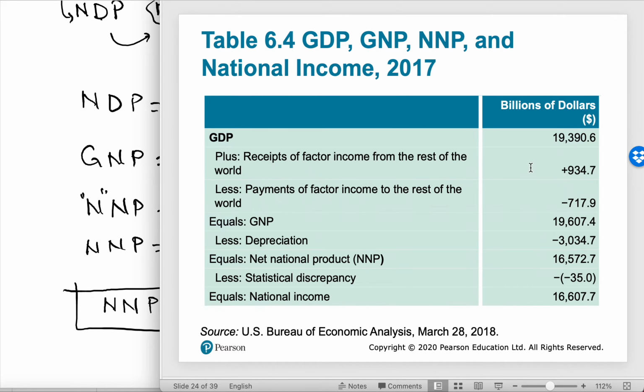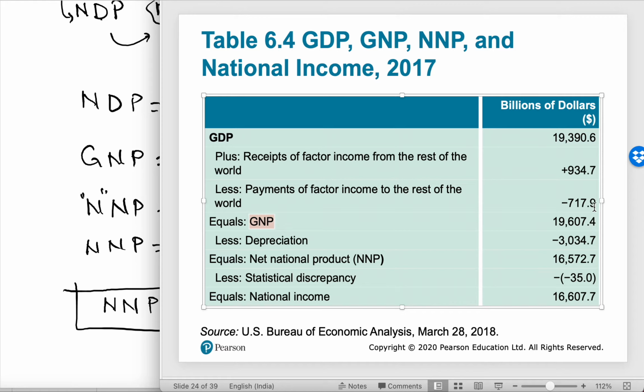So you have the GDP, which was $19,390.6 billion. And now you are adding plus that R, which I told you, are receipts of the factor income from the rest of the world. So this is the money which our citizens working overseas in the rest of the world earn. So you add that. This is your money. It's your national money. And minus payments to factors to the rest of the world. So these are the foreigners taking their money to their nation. So that is minus. And then it gives you gross national product. So I told you that GDP plus the R minus the P is going to give you the gross national product. And this is now